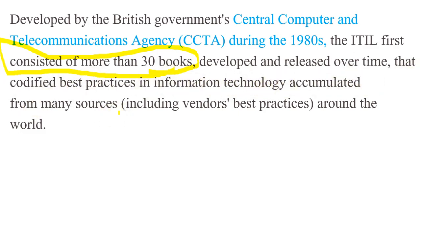So the situation is very simple. Today if I am developing something, later on some guys will come who are better than me, they will have a better understanding, and they will revise it. They will put in their skills, ideas and knowledge to make it better. The same thing happened with this also. They collected lots of information, including vendors' best practices and their experiences across the world.